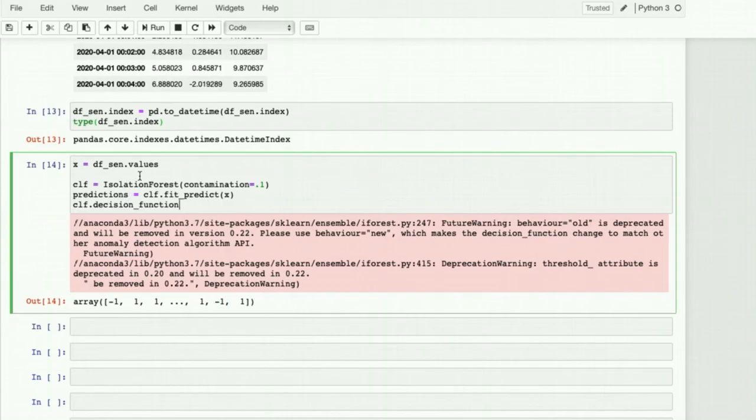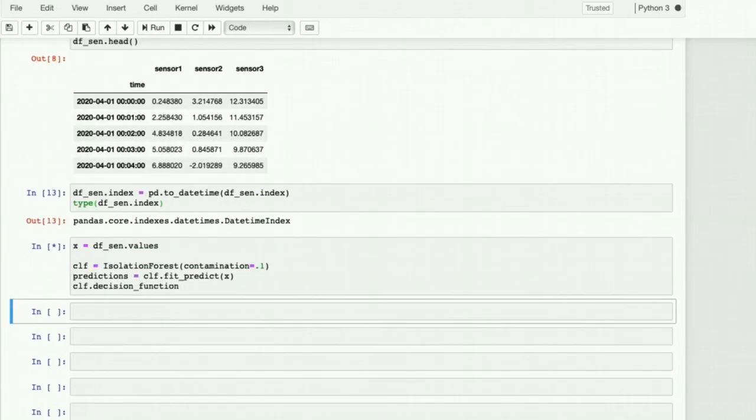So after you fit this isolation forest, after you fit or fit predict, doesn't matter, you can use this method. This method is going to show you not just the binary -1 and 1, it's going to show you continuous values, not just discrete 2 values. It's going to show you kind of like, we may call it, health of the system, and the idea is the more negative number you have, the more anomalous that observation could be, and the more positive number you have, it's going to be more towards normal cluster or class. So if we look at this decision function,